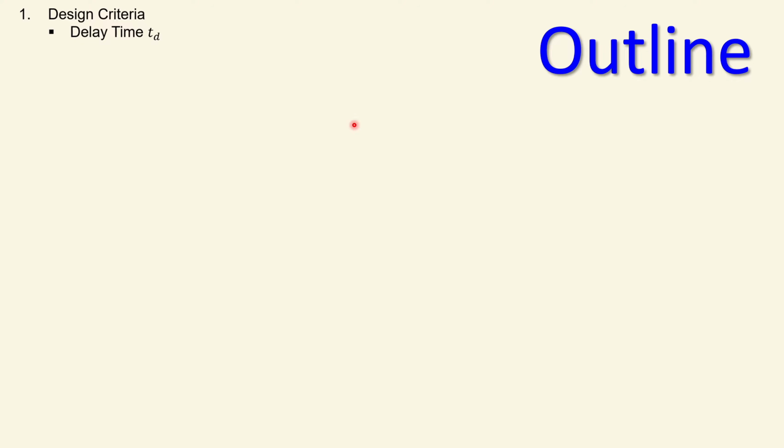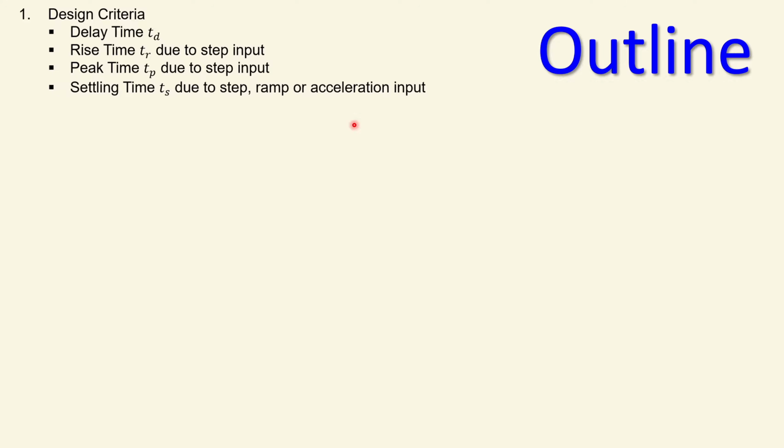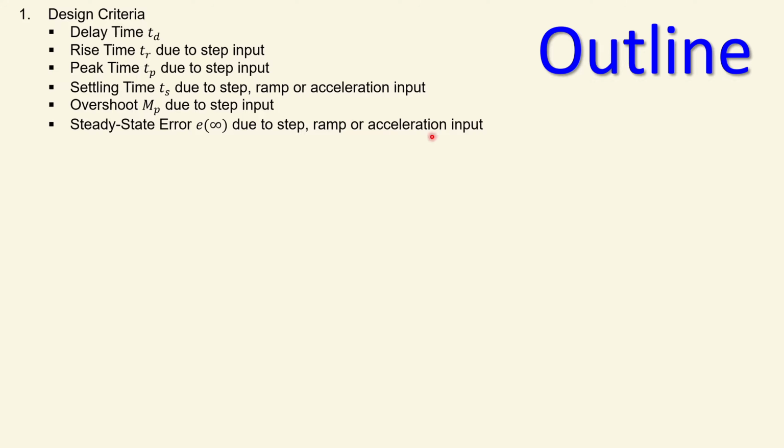We have the design criteria, so I will first discuss what the design criteria are, like the delay time, the rise time due to step input, and also the peak time, the settling time, which can be due to the step input, also the overshoot, and also the steady state errors, which you can have due to step, ramp, or acceleration inputs. In addition, we will also discuss the performance indices, so different indices, and also the quadratic performance indices,